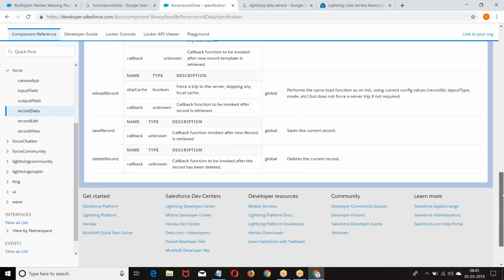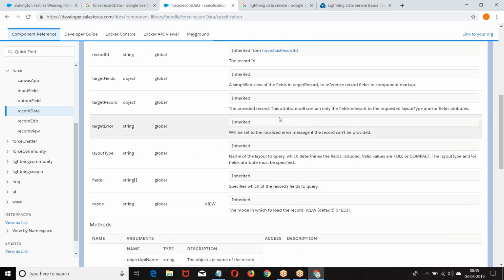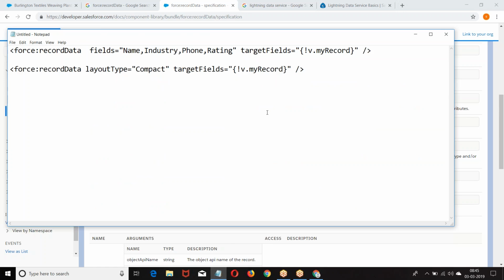What is this target record and target fields? Let us see. Now, whatever the record we are getting, that record with the following fields, get the data from the given record with the following fields. Store the data in the target fields. When I store it as v dot my record,